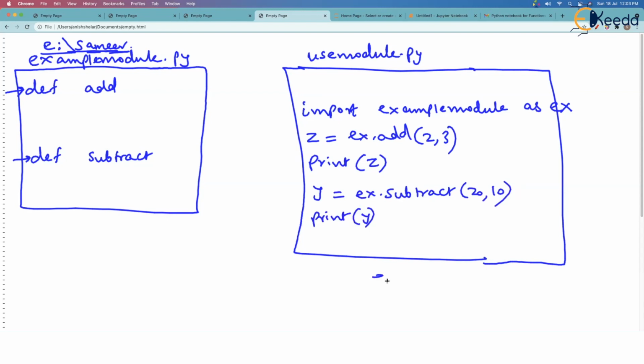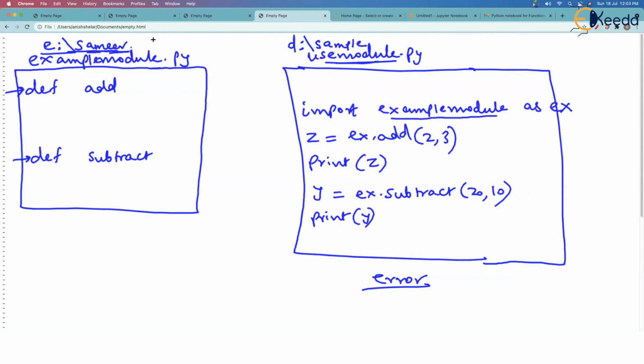Do you know this program is going to give an error if this use_module.py is stored in some other folder? Maybe this is stored in D drive, and D drive has a folder called sample. This is a folder name. Now you see what we are importing.